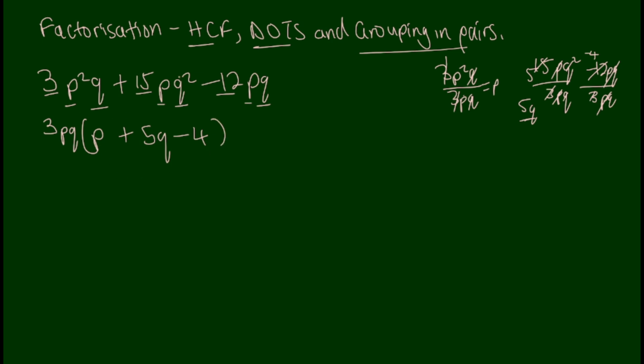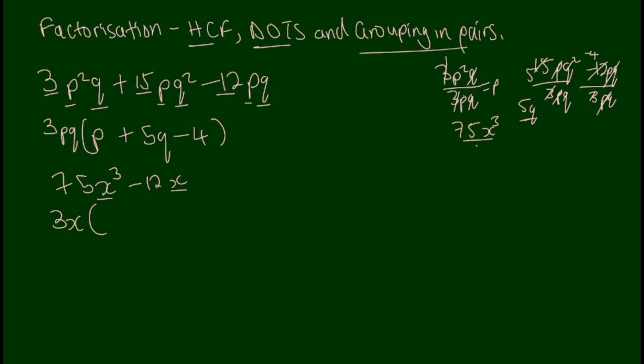We have factorized using the highest common factor. Right? We can have another one. Let's say we have 75x cubed minus 12x. Let's find the highest common factor. It should be 3, isn't it? But let's look at the powers. x cubed and x. The highest common factor between the powers should be x. So our highest common factor should be 3x. Okay, so we factor out 3x, and then we say